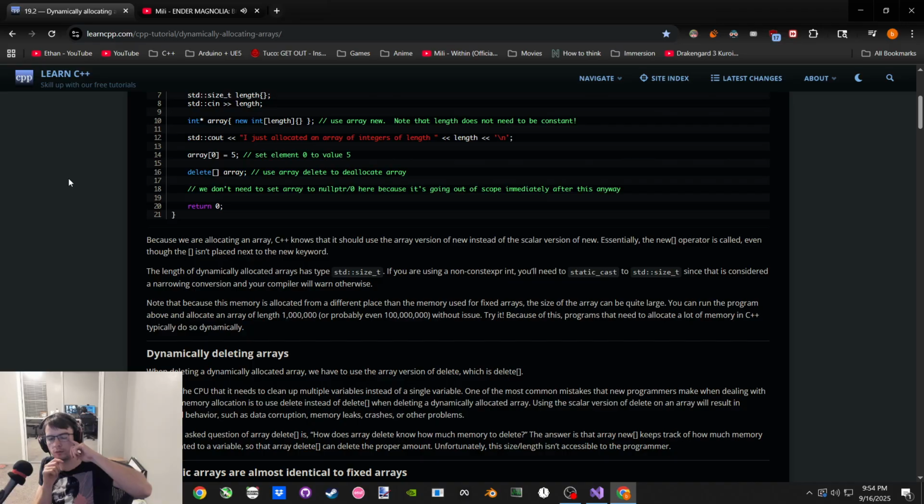New is called even though, I gotcha. So the new works whenever it sees the brackets placed around the size of the array next to it, because it needs a size. Unless